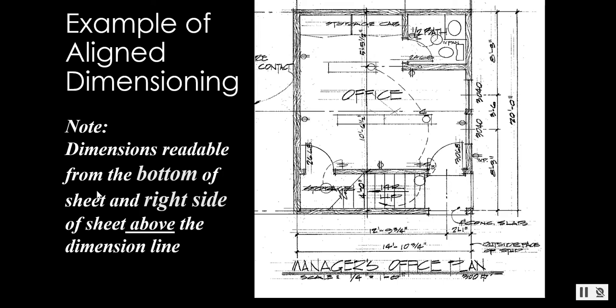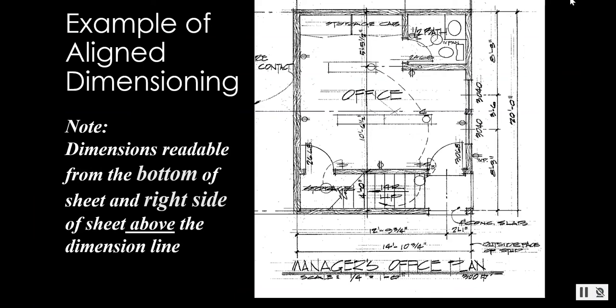So note the dimensions are readable from the bottom of the sheet and the right side of the sheet, above the dimension line. Right there, guys. See that? So make sure you're always putting that dimension above, or on the right side on top, okay? We don't want to keep switching the drawing over and over to see all the different sides of the dimension. Just keep it consistent on top or to the side. So you'll see that over and over again. And next we want to